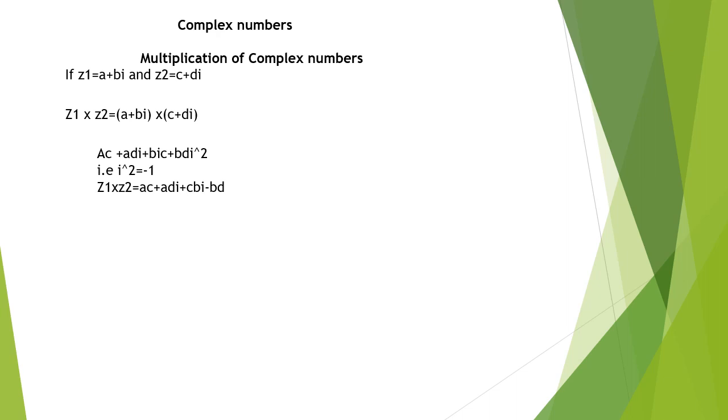Now in this case, we get ac plus adi plus cbi minus bd. So you realize that where there is i squared, we have replaced it with -1. Now we categorize this answer into real part and imaginary part. The real part is ac and bd, so we put them together: ac minus bd, while the imaginary part is (ad plus bc) in brackets, and then you put the unknown, which is i. And that's all about multiplication